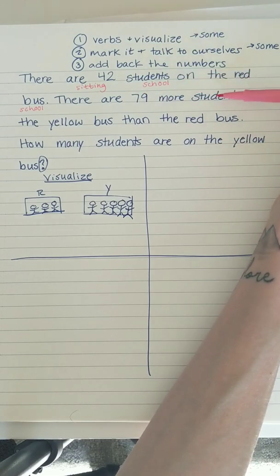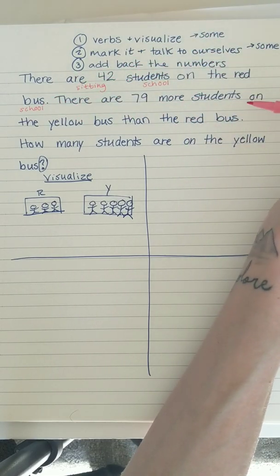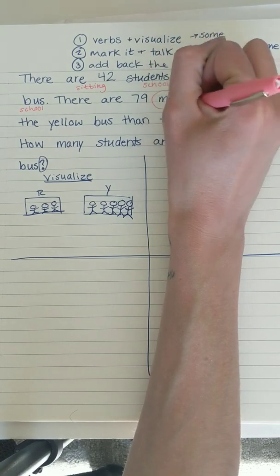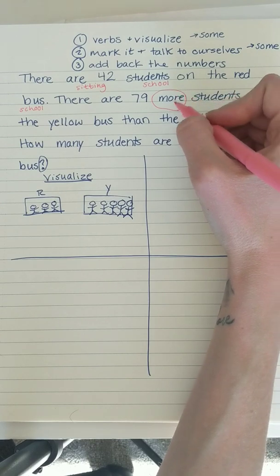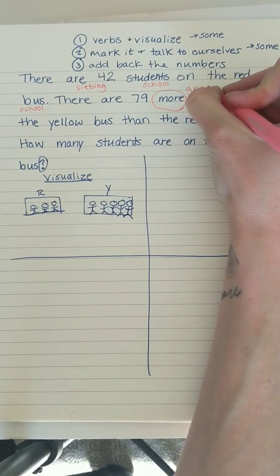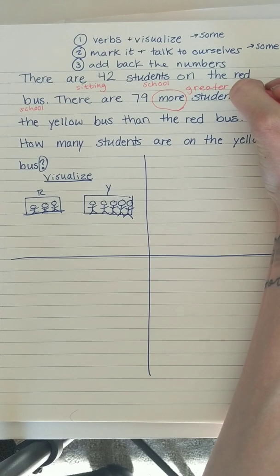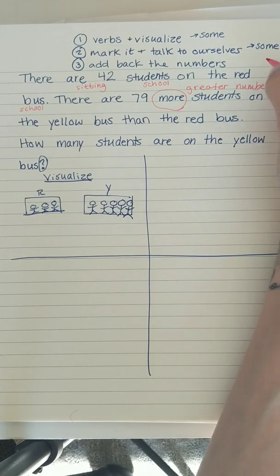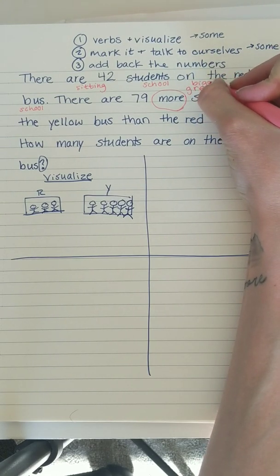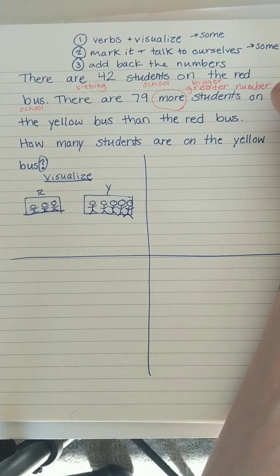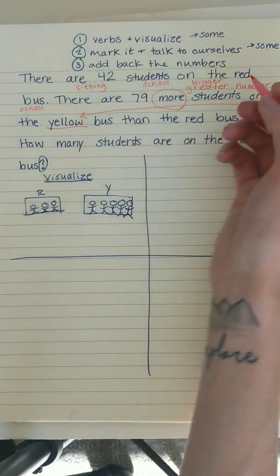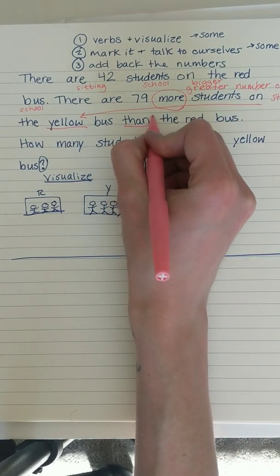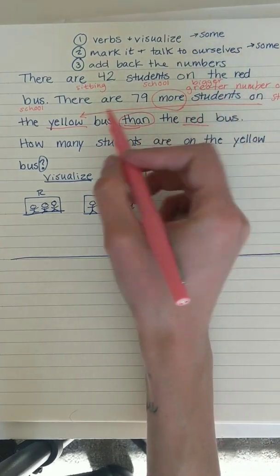There are some more students on the yellow bus than the red bus. Okay, so I do know that the word more is a really great math word, and it's trying to tell me that there is a greater number, or in other words, a bigger number of students on the yellow bus. Okay, than is also an important word because that means it's comparing the yellow and the red